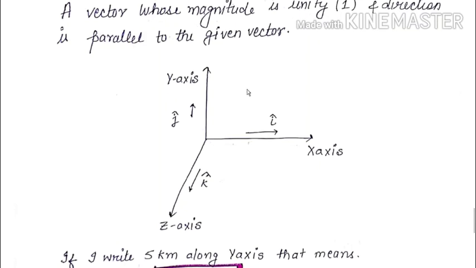For example, let us take an example where you can draw a graph. While drawing a graph, you can take three axes: x-axis, y-axis, and z-axis. Along the x-axis, in kinematics, you are taking i cap. Along the z-axis, you are taking k cap, and along the y-axis, you are taking j cap.